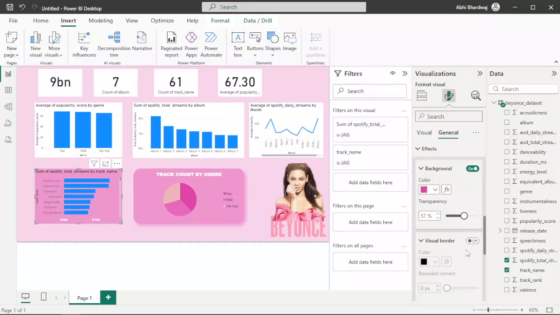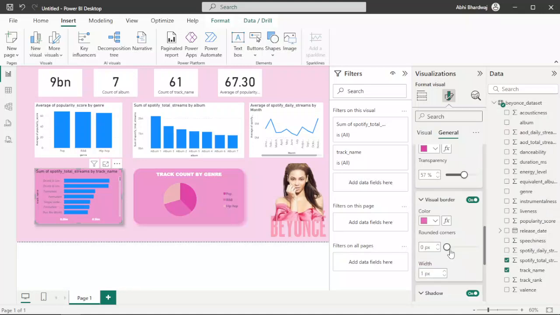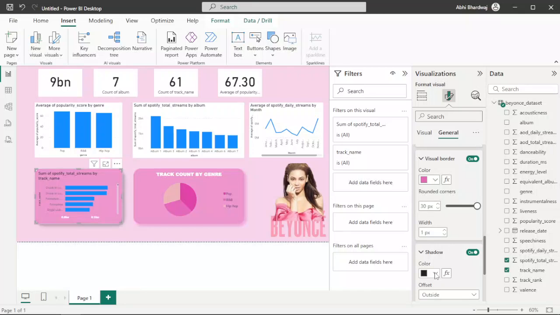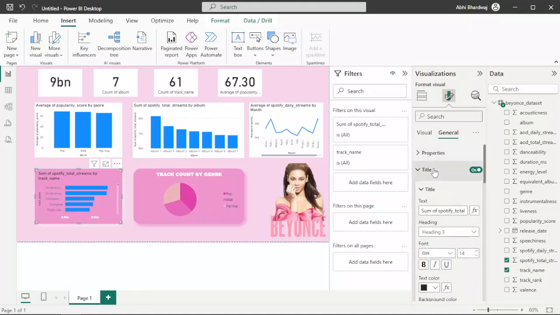Okay, so now switching on visual border, switching on shadow, pink, rounded corners, making it white. Okay, going to visual, going to general first, going to title, total streams by track, keeping it white, changing it to Arial black,